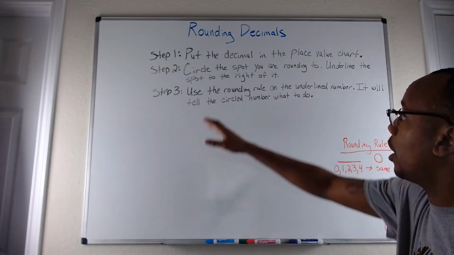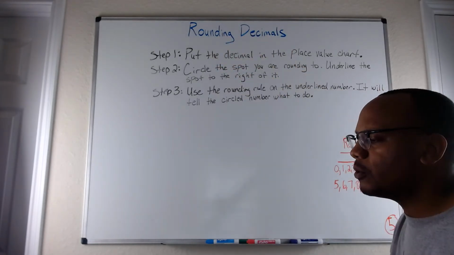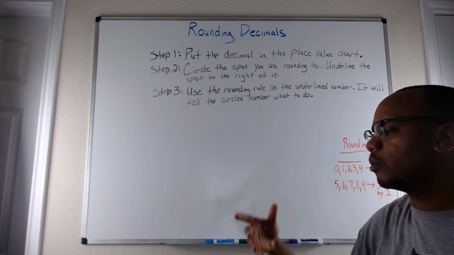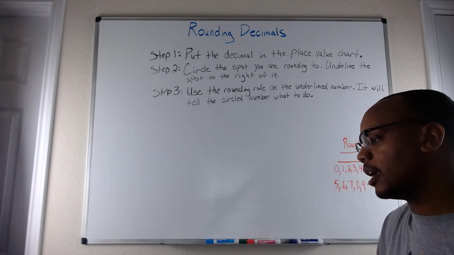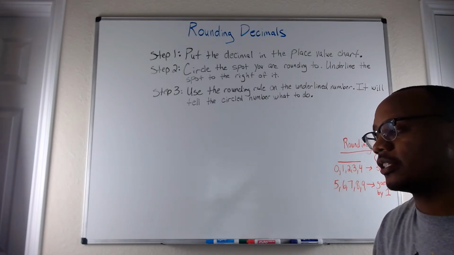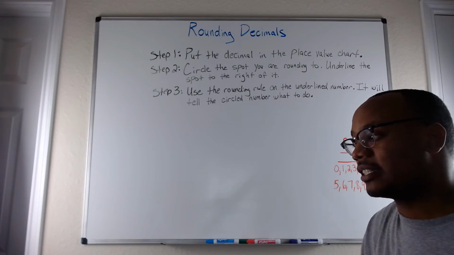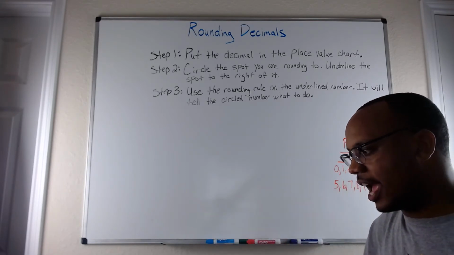This time we're talking about rounding decimals, right? Why would you round decimals? Rounding decimals will help you estimate when you're at the grocery store. If something is $2.75, go ahead and say, oh, okay, round that to the nearest dollar. That's about $3, right? So rounding decimals is a good skill to have,